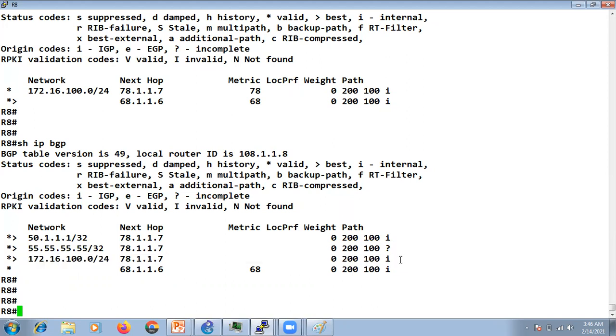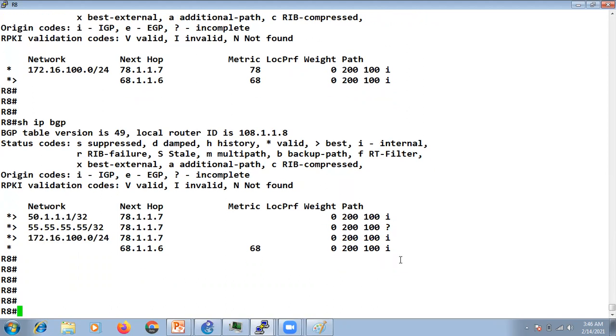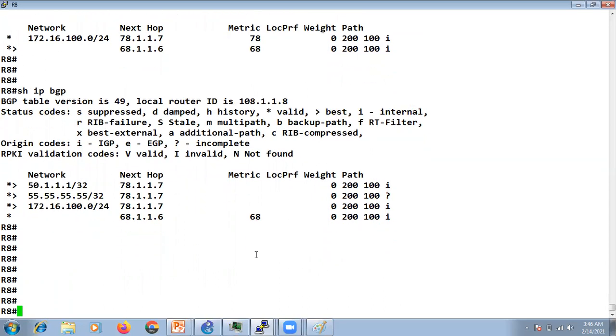Now there is one more command. I'm at R8, and I'm saying that I do not want to use any blank values for MED. If somebody is sending me specific values, only then am I going to use those values.